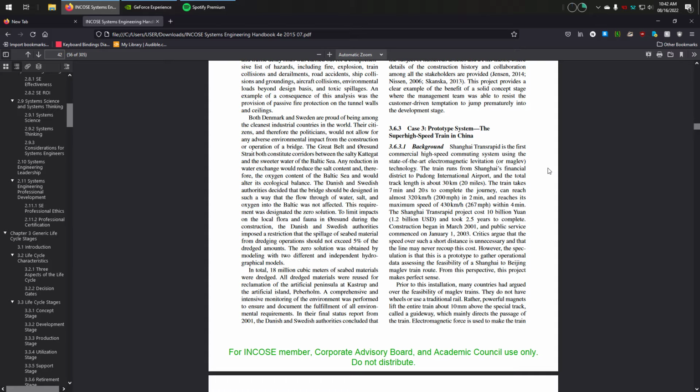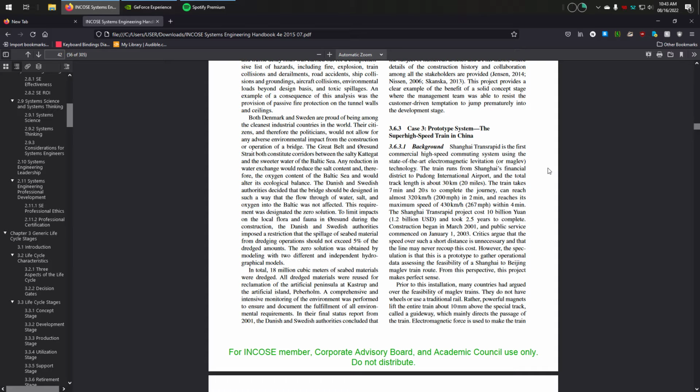Shanghai Transrapid is the first commercial high-speed commuting system using the state-of-the-art electromagnetic levitation technology, otherwise known as maglev. The train runs from Shanghai's financial district to Pudong International Airport, and the total track length is about 30 kilometers, or 20 miles. The train takes 7 minutes and 20 seconds to complete the journey, can reach almost 320 kilometers